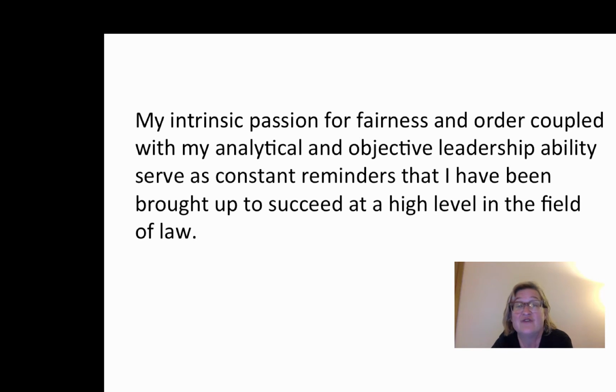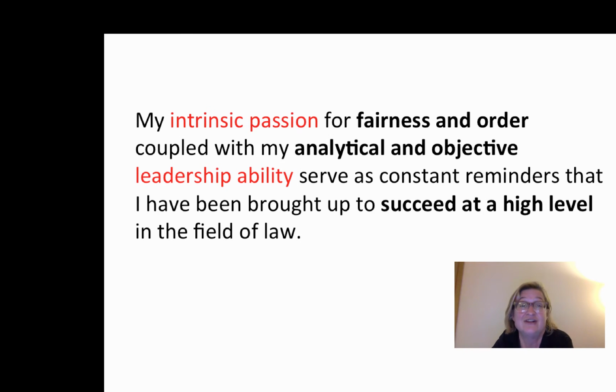"My intrinsic passion for fairness and order, coupled with my analytical and objective leadership ability, serve as constant reminders that I've been brought up to succeed at a high level in the field of law." So let's take a look at the language of that first example closely. It opens with the person's intrinsic passion. And that's going to be contrasted with an analytical and objective set of qualities that are introduced in the second